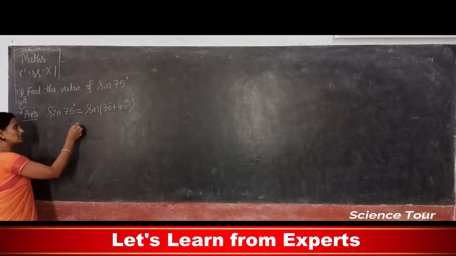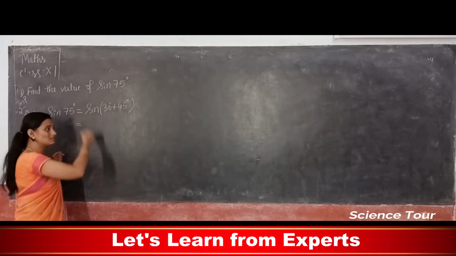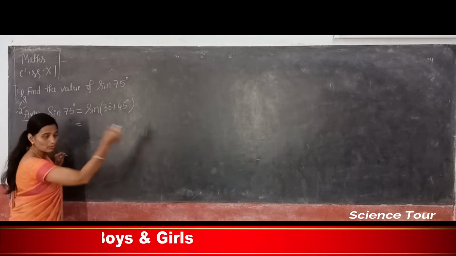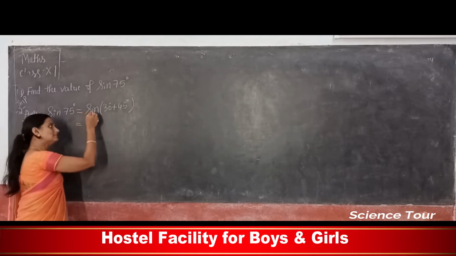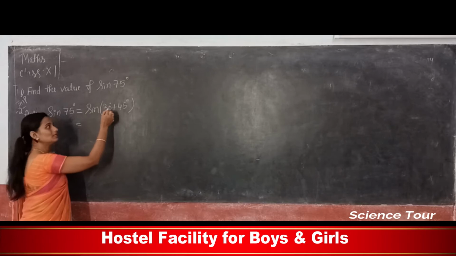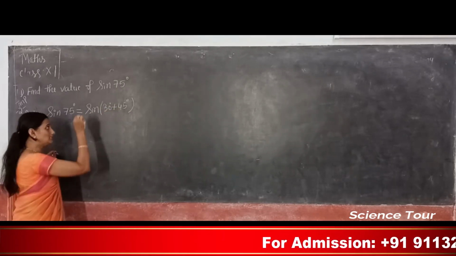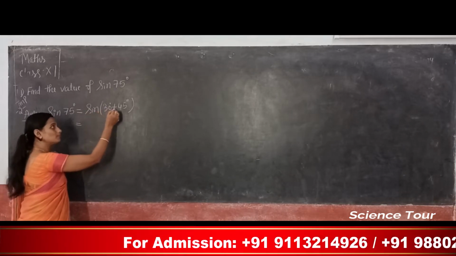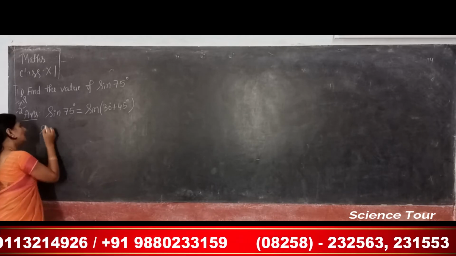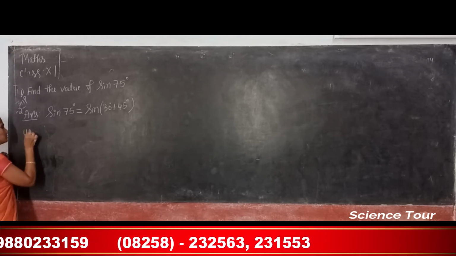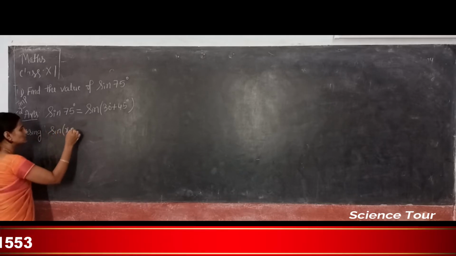So now that is equal to, now how to split this one? While reading only, you can understand which formula to apply out of those 46 formulas I listed. Now it is like sine 30 degree plus 45 degree. So which formula is it? Sine x plus y. Is it right? Yes. So here you have to use sine x plus y. So I'll write using the formula.